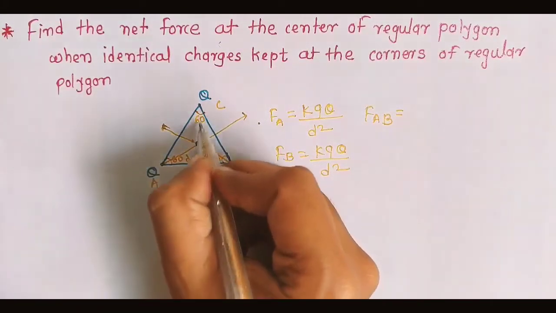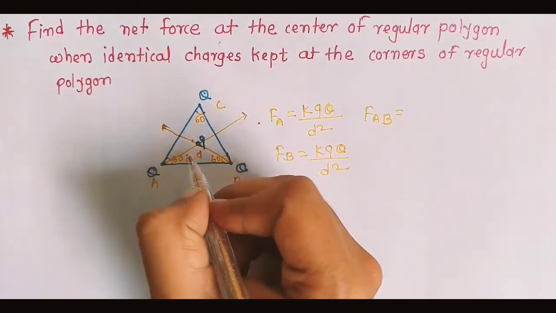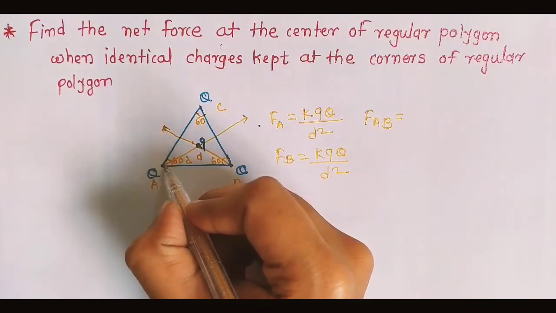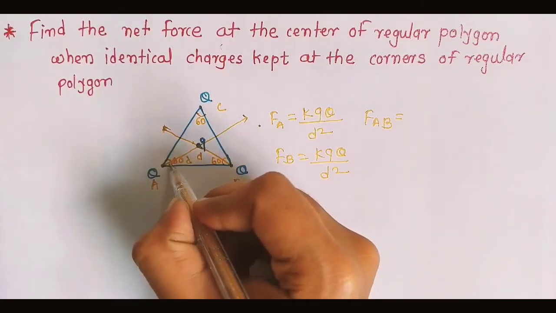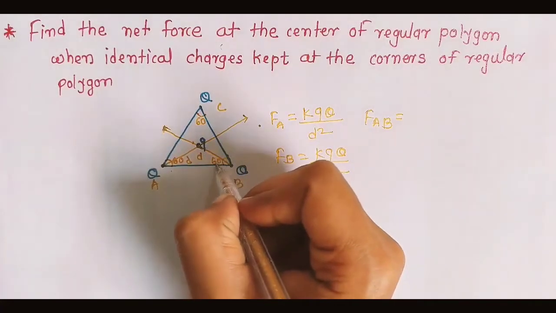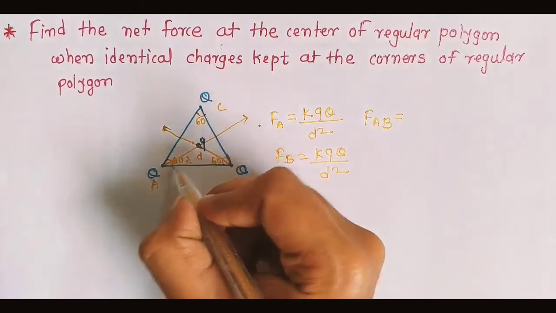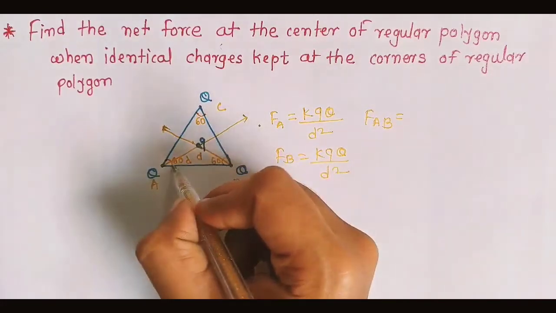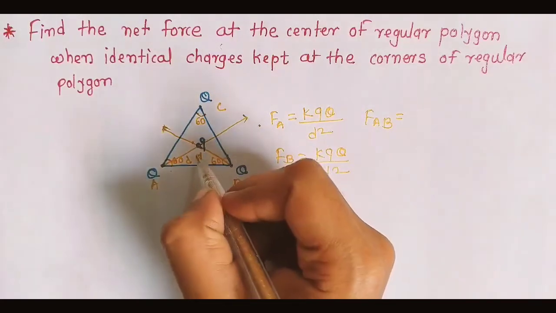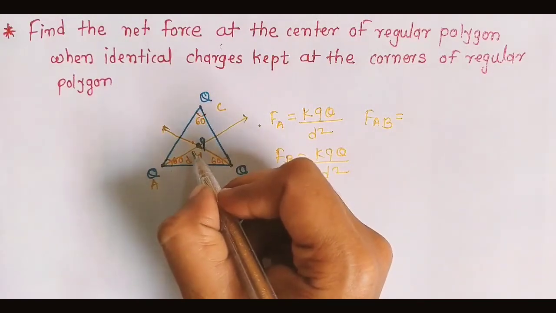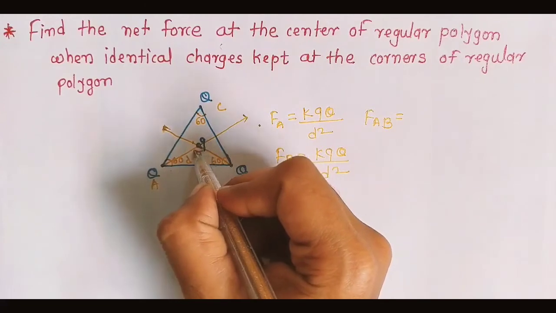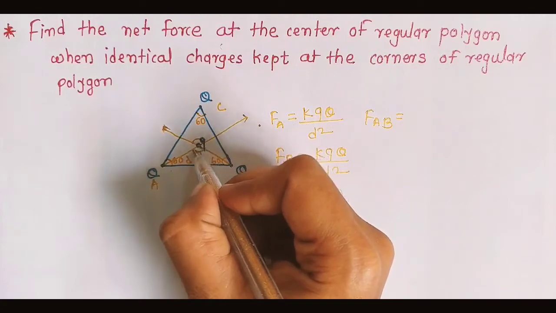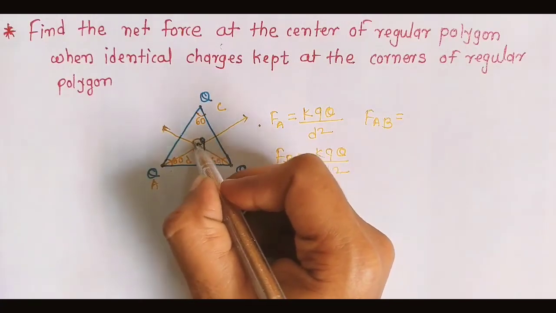Suppose this is 60 degrees, this is 60 degrees, this is 60 degrees, and this complete angle is 60 degrees, this half angle is 30 degrees. Similarly this half angle is 30 degrees, and the sum of all the angles in a triangle is 180 degrees. So this 30 plus this 30 is 60, 180 minus 60 is 120. So this angle is 120, and that's why this angle is also 120, because opposite angles are equal.